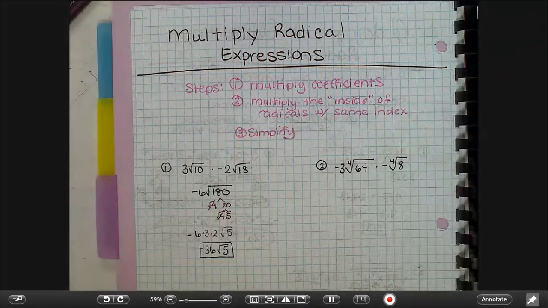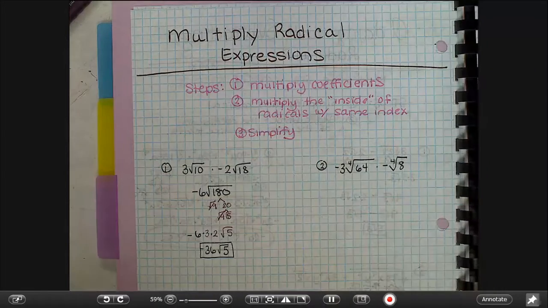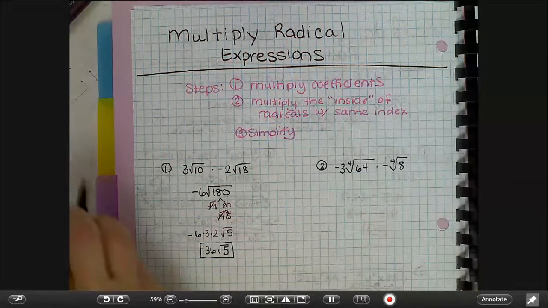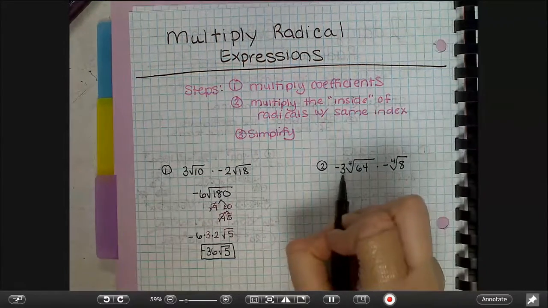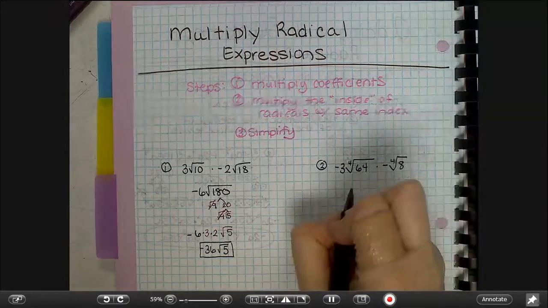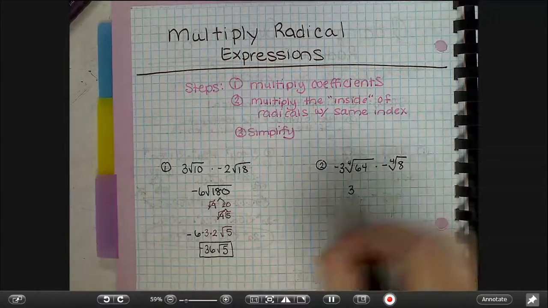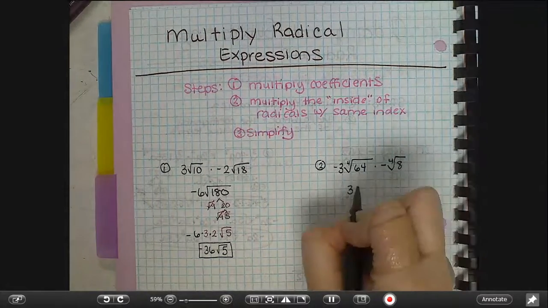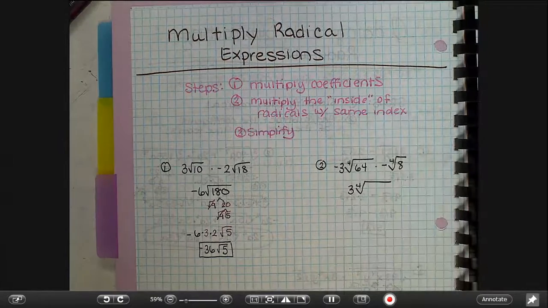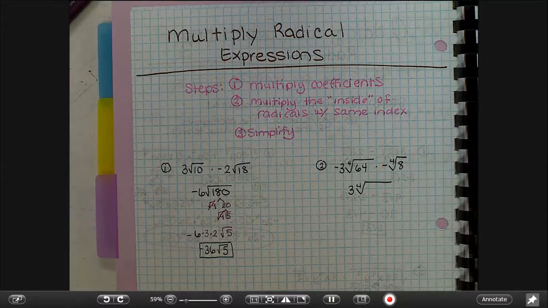All right, I would recommend that you pause the video and try this problem and then come back and check your answer. Welcome back. All right, so the rule is that we need to multiply the coefficients. Negative 3 times negative 1 is positive 3. They have the same index, so we're going to multiply the inside. 64 times 8